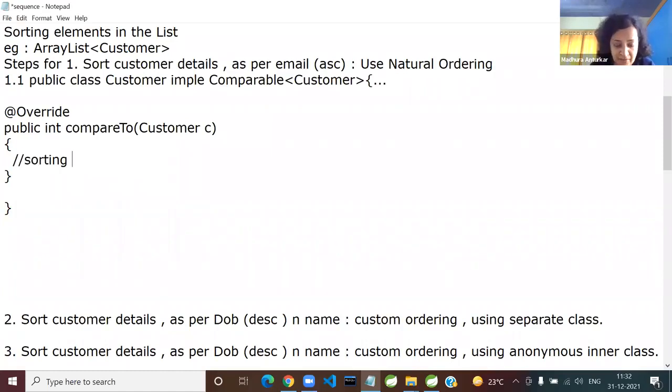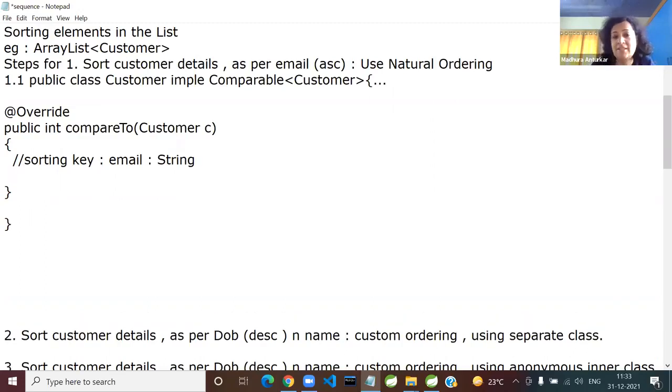The sorting criteria or sorting key, I can say, is, what is the key I have asked you? As the email. Okay, sorting key is email. So tell me, what is the data type of email typically? A string. So now, anyone wants to tell me, how do I do this? How will I return either -1 or 1 or 0? If this dot email is coming dictionary order wise, lexicographical ordering wise, less than your other one, or 0 if both of them are equal, or +1 or plus number if this dot email comes later.